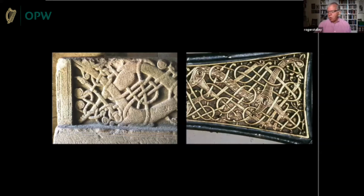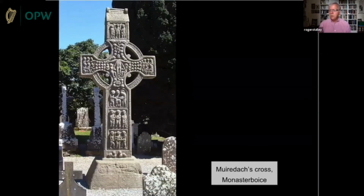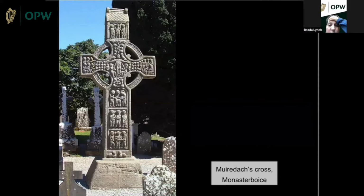But as I say, what a design. It's a really spectacular piece of carving. Of course, if we go further back, it's important to remember that when we look at our great stone crosses, the great high crosses of 2 centuries earlier,